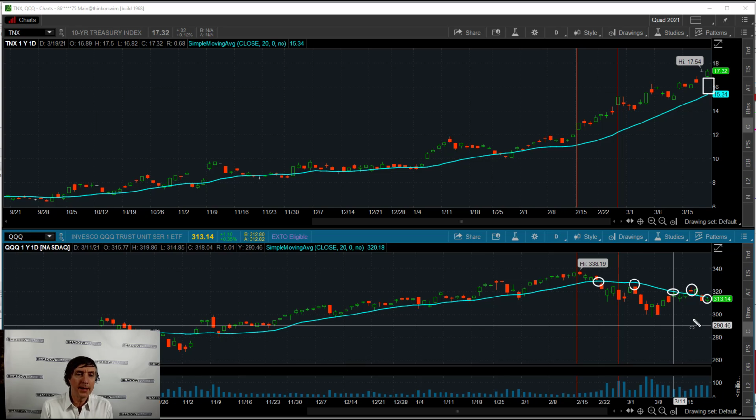And at some point, like I said, I think what's going to happen is we will just forget about it. Now, how high do rates have to go for bonds to find some equilibrium where this won't matter as much anymore? I don't know the answer to that, but I've read up on it a little bit, and some people think that number is 2%. That's just a number that gets thrown around. We shall see. Maybe 2% will be the next area where the market throws a little bit of a hissy